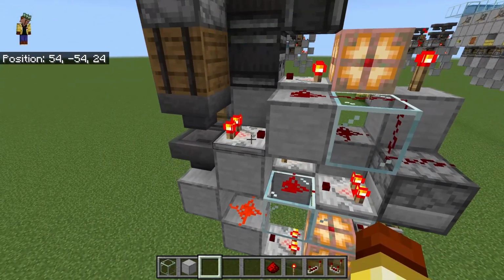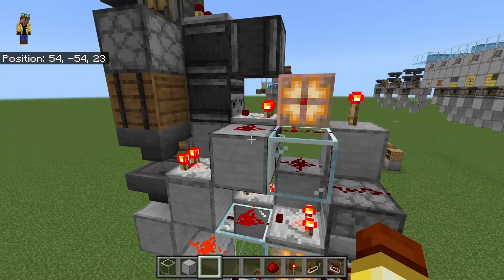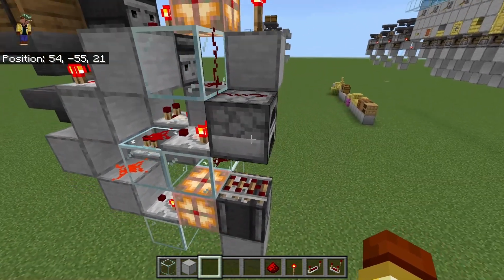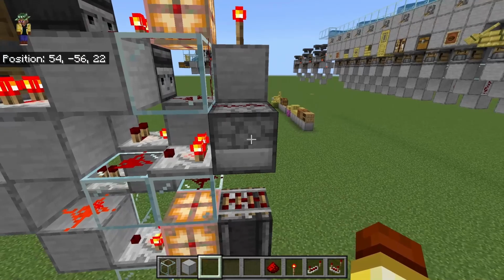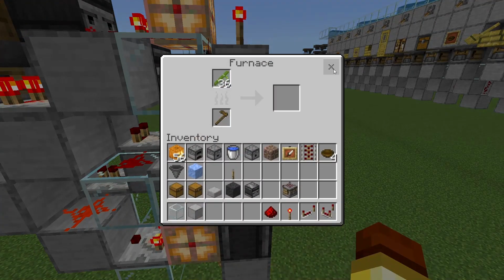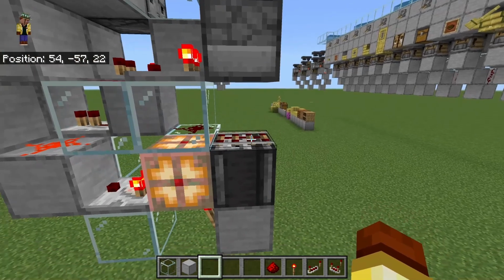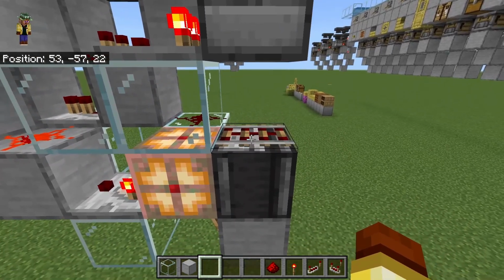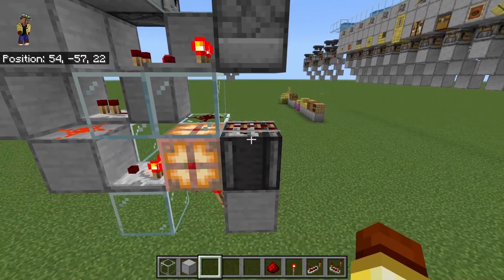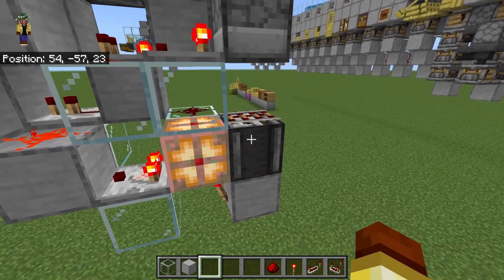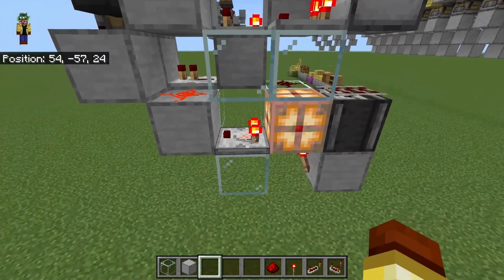So I've got a comparator powering this block, 3 dust, like a standard item filter. When the third dust powers, it's going to power this furnace, which does not affect the signal strength being read from it by the comparator, but does activate this activator rail down here. Now, when that activator rail turns on, it's going to trigger the observer to pulse the torch to change